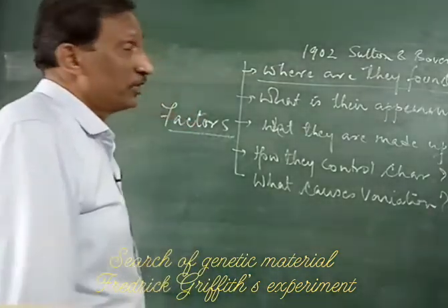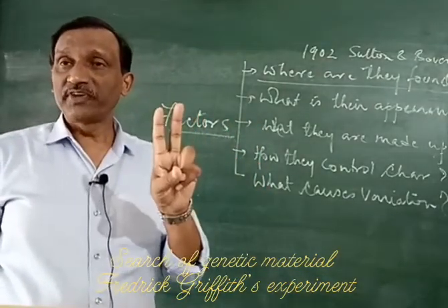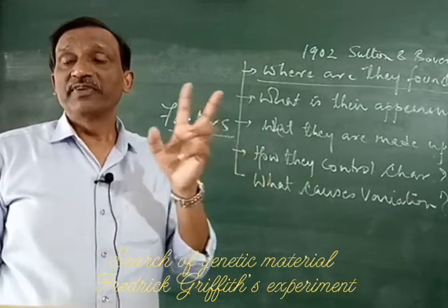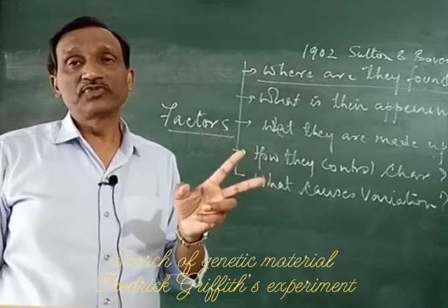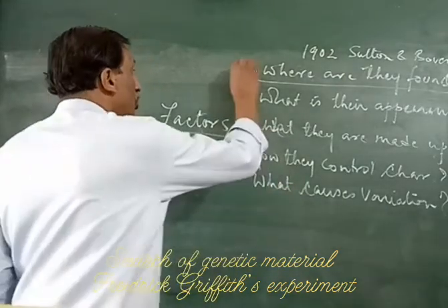So this is how the paired state will be there. When the chromosomes are found in pairs, the factors will also be found in pairs. When chromosomes segregate, factors will also segregate. When factors restore the paired state, chromosomes will also restore the paired state. So that problem was solved.